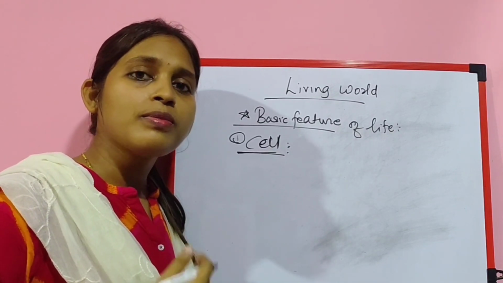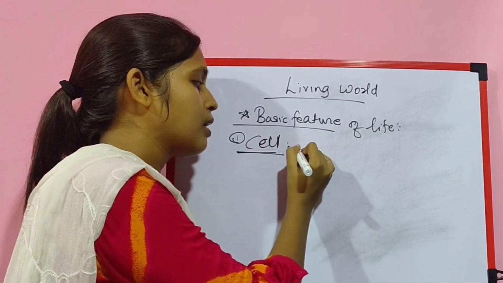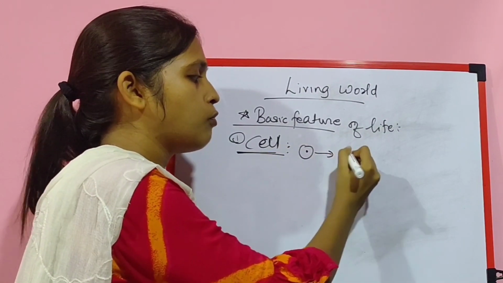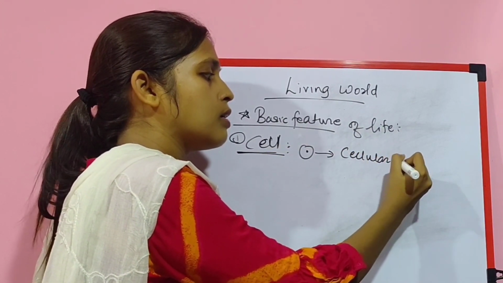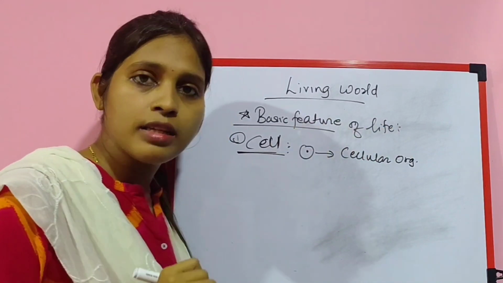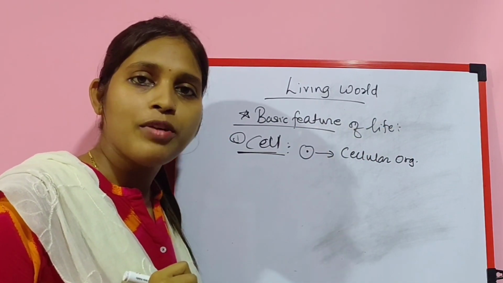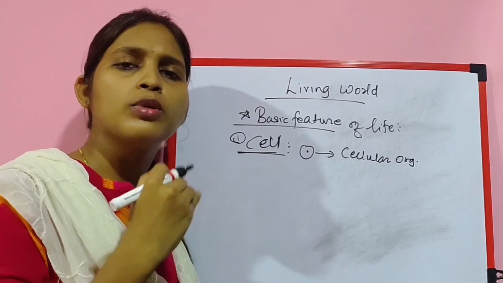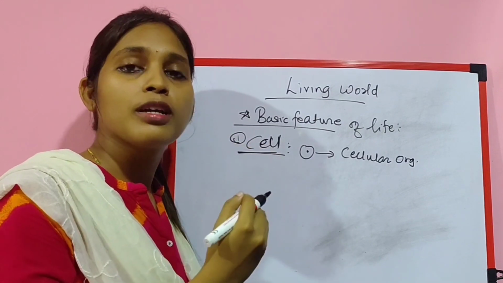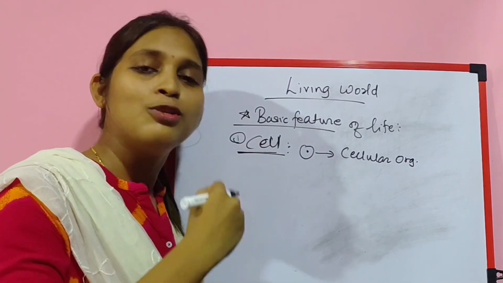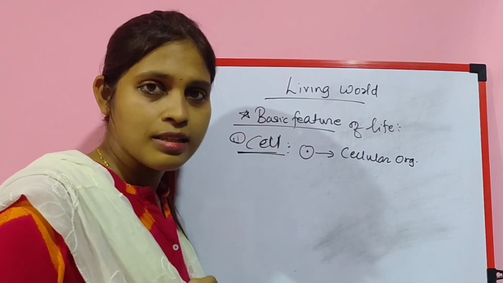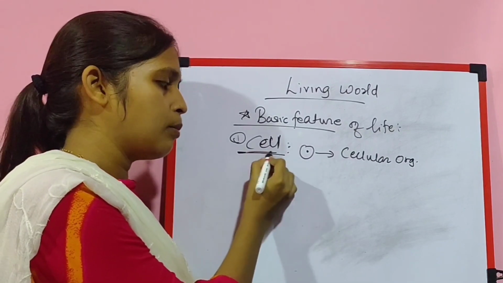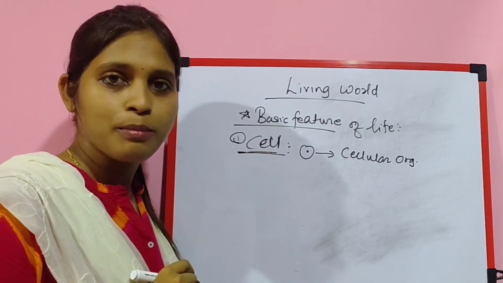So it's not only a cell. When we go step by step, we'll see this single cell undergoing changes to form a cellular organization. Now you all are aware of what exactly is a cellular organization. That will be a cell, many cells coming together to form a tissue, many tissues coming together to form an organ, and many organs coming together to form an organ system. So a living being or a living organism is completely made up of a cell. That has been our first basic principle.